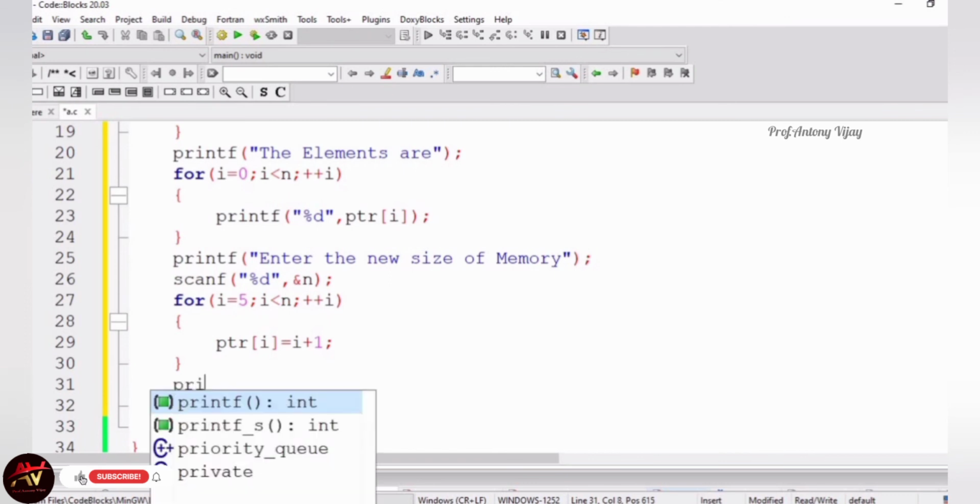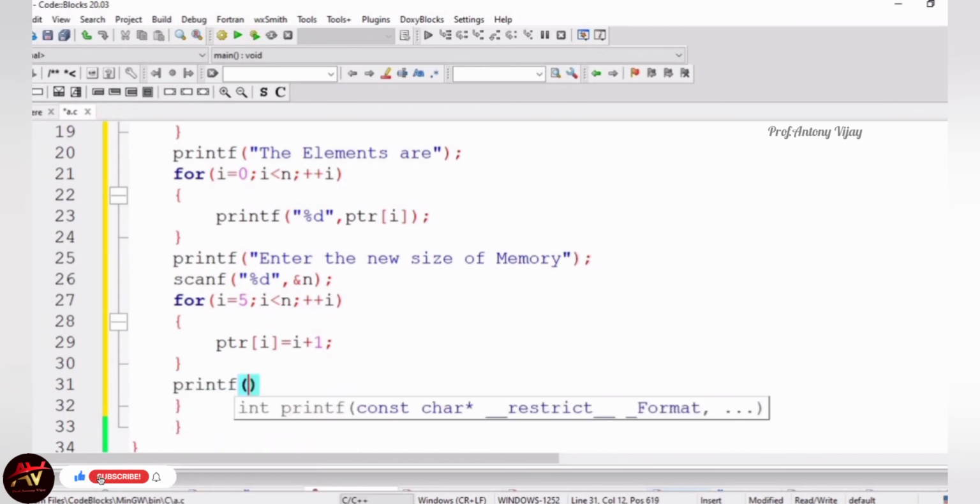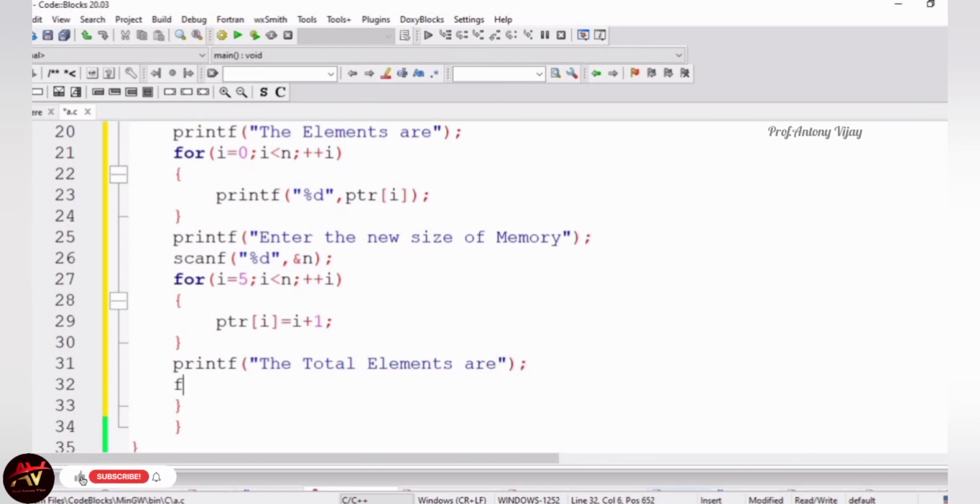So for that I am using printf, the total elements are, so here I am going to use for loop. I am starting with 0 to n. Now the value of n will be more than 5.